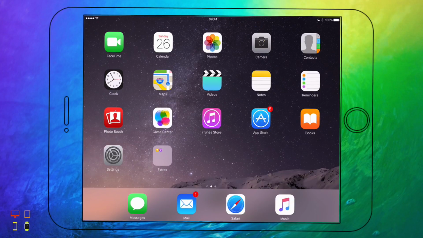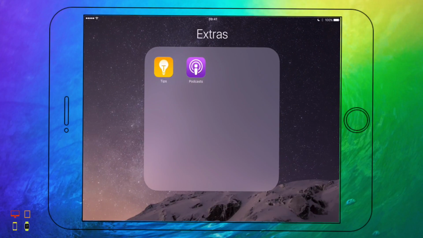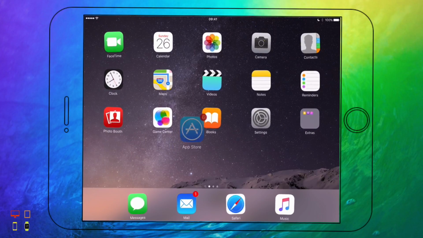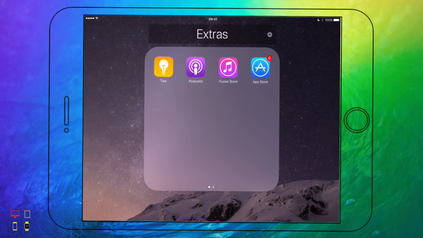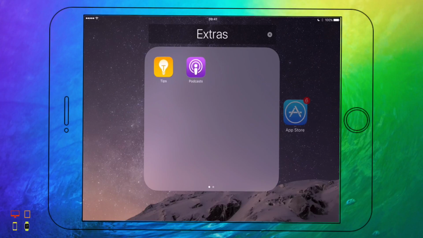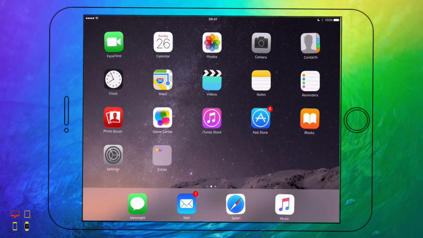Another thing I'm going to show you is that folders on the iPad now support 4x4 grids. So if I take the iTunes store and drag it in, take the App Store, drag it in. Oh, that hasn't seemed to want to go in. There you go. And as you can see, I've got a 4x4 grid versus the previous 3x3. So you can add more icons into folders. So that's a nice feature to have on the iPad. I'm just going to move these back out. Not sure how they were, but obviously just sort that out afterwards. I think they were like that. That was there. Yeah, so that's